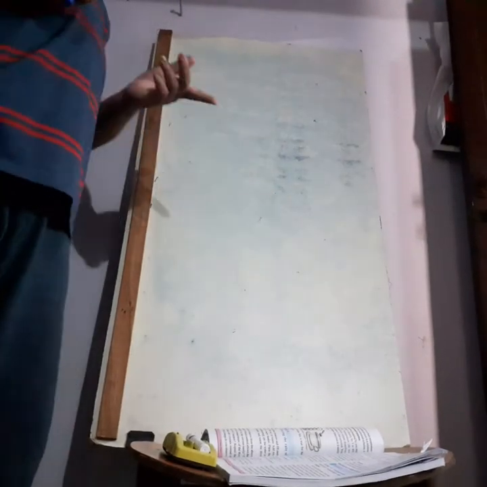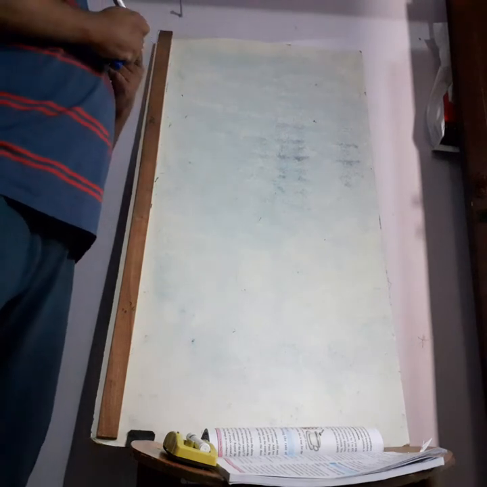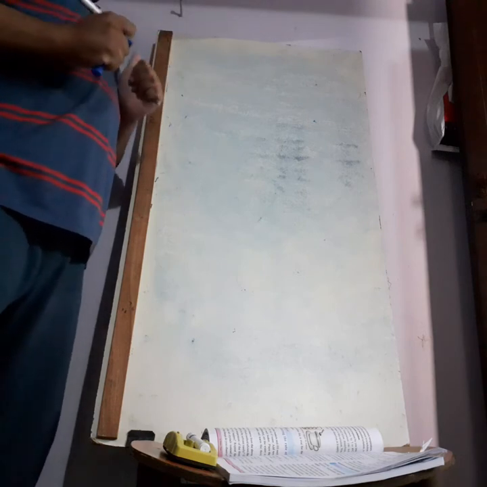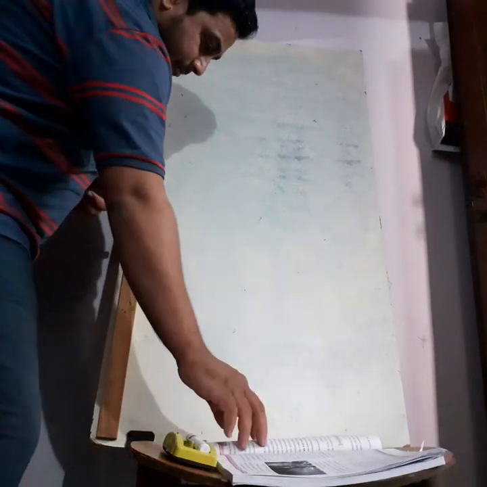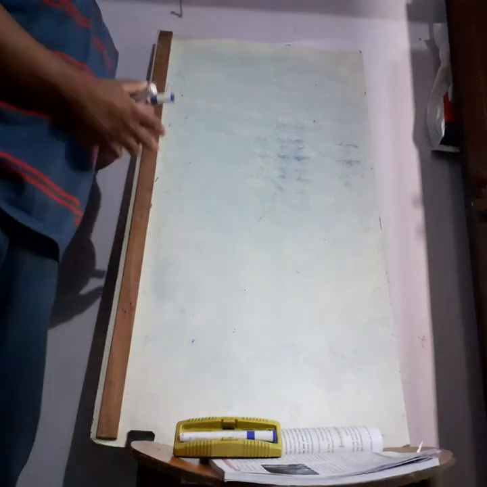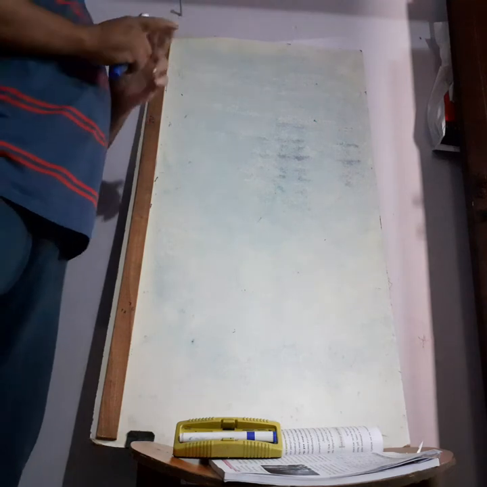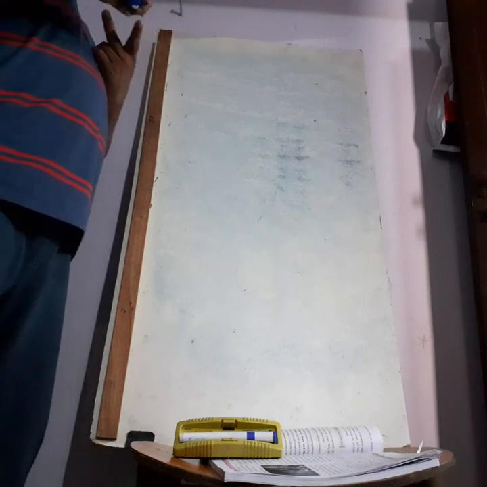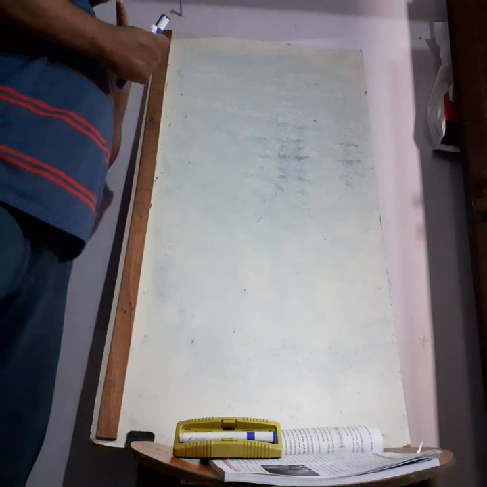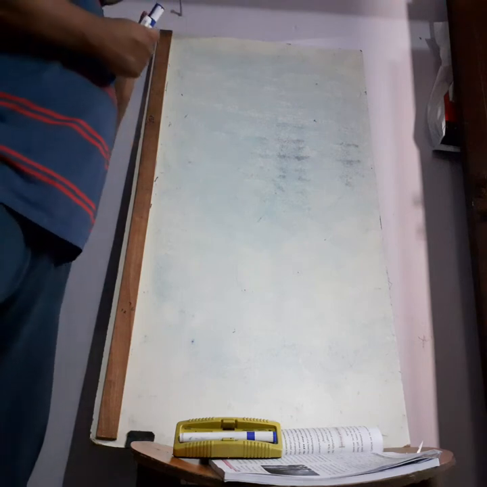Already in the last class we have seen what is homogeneous and what is heterogeneous. But we are talking about suspension and colloid. Both of them are heterogeneous mixtures, not homogeneous mixtures. First, let us take some examples. Here we are taking the chalk mixture and the milk mixture. Both of them are heterogeneous mixtures. But how can you differentiate whether it is a suspension or a colloid?